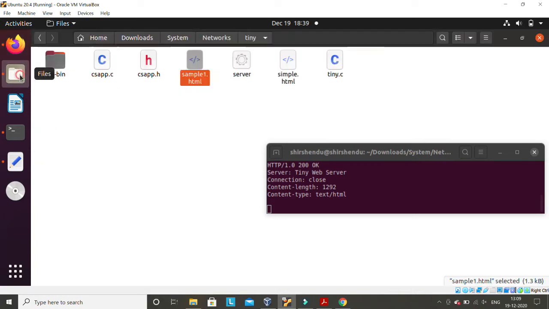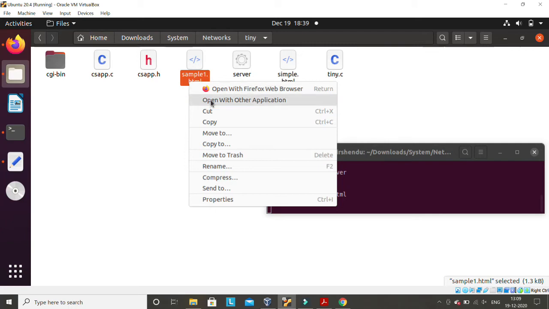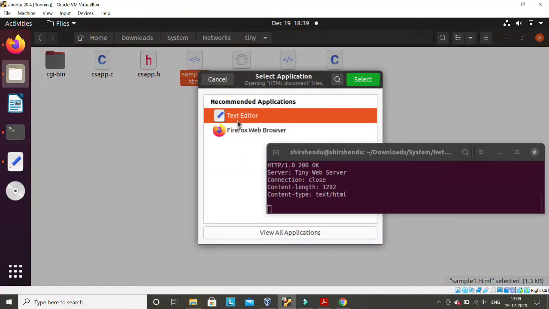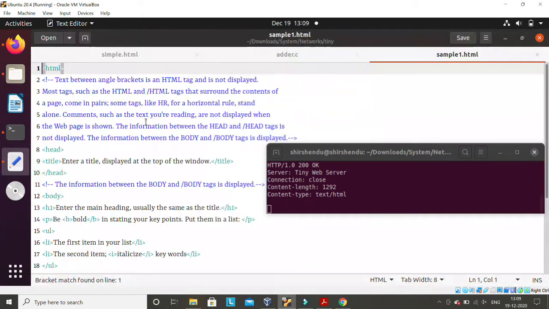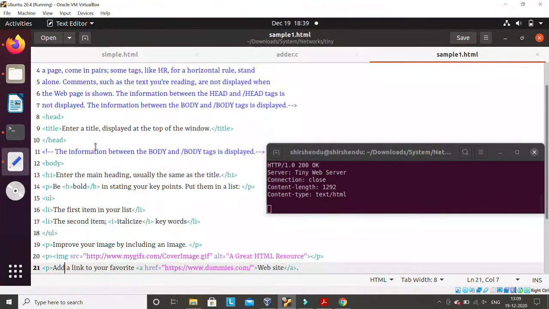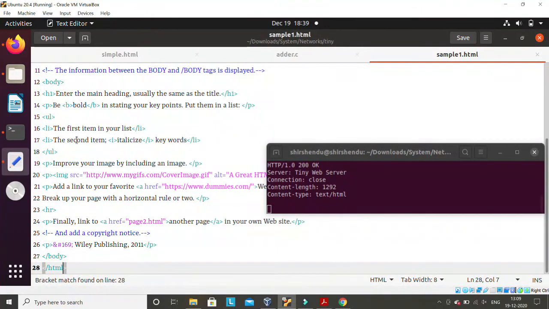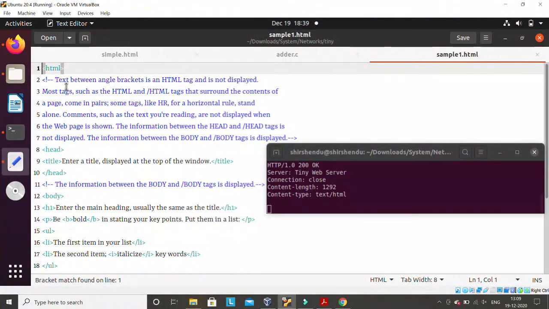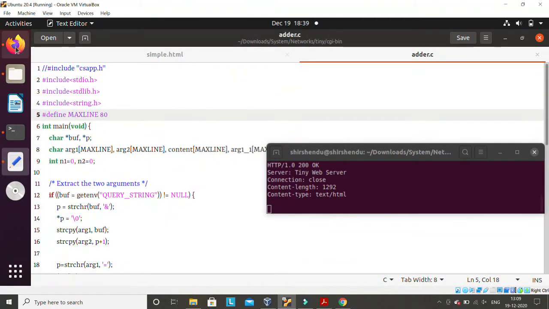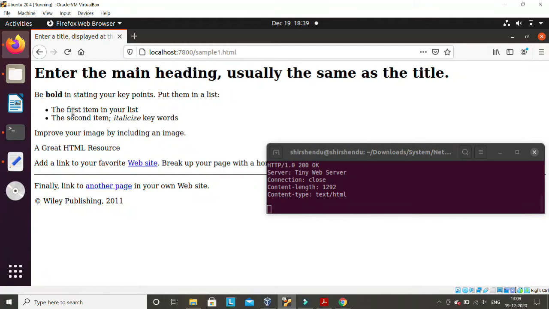For example, if I open this file here, this is the server folder, so assume I'm opening it on the server with a text editor. This is the file stored on the server, and you can see this is a complete HTML file. Which lines should be italic, which bold, which of larger font, all these things are mentioned in the HTML. So when this HTML file is collected by the server and sent to the client, the client has to display, or interpret, the HTML file for you. Every client browser is capable of doing it. That's how it is printing.